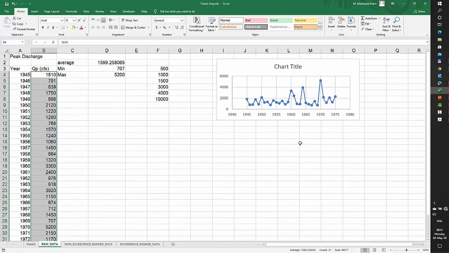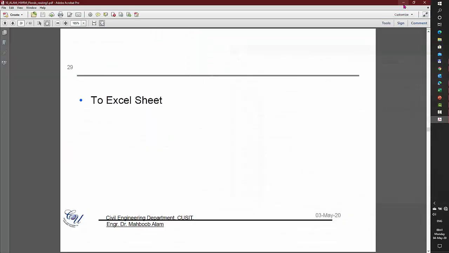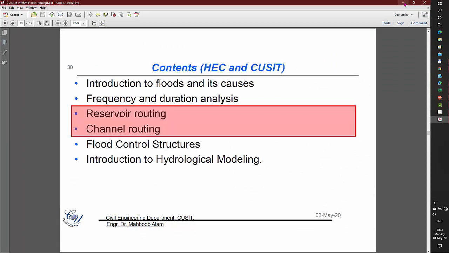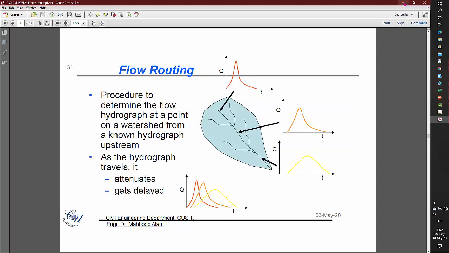These formulas would be shared with you, and you need to look into them when the data is available to you. So this was about the frequency and duration analysis. Next is reservoir and channel routing. Very important concept,